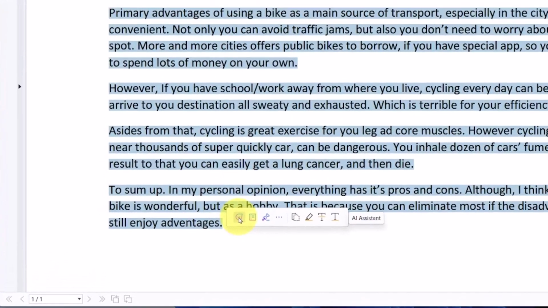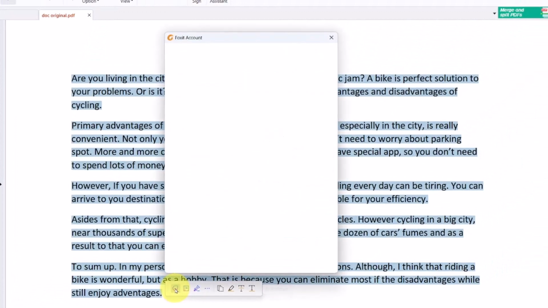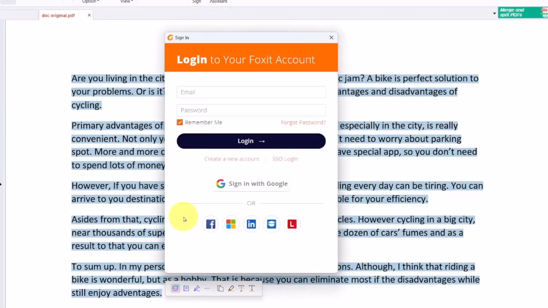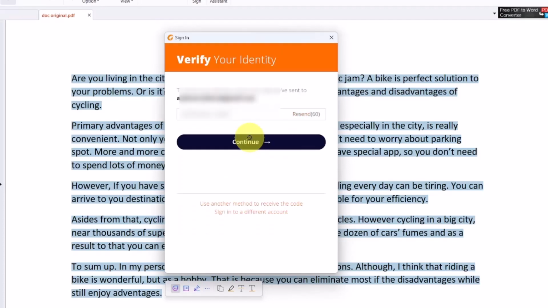This bubble will pop up, AI Assistant. If you're using this for the first time, it will ask you to create and log into your Foxit account. It's free, you don't have to pay for anything, but it does give you the AI capabilities. Once you click login, you'll be asked to put in another password. You will be sent a verification code, so you just have to wait for that. It will take a minute or two. And you may have heard a bleep, I just received it. Okay, so I've put my verification code in,